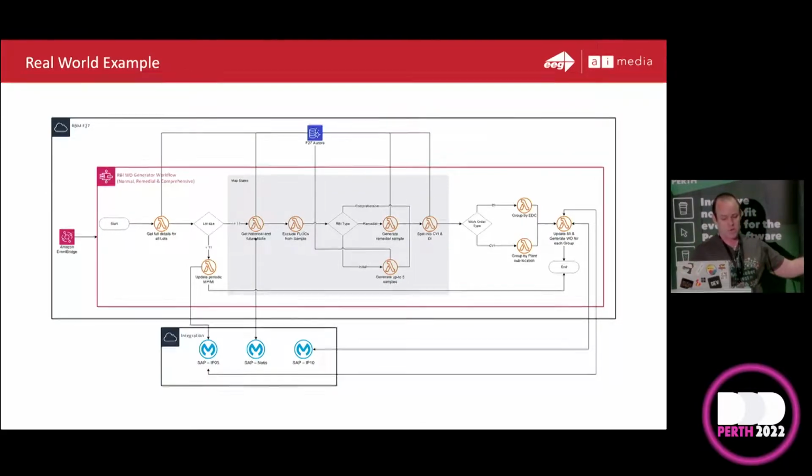Down the bottom, you've got external integrations with Mulesoft. That's as far as I went with this particular diagram. You could go further. The Mulesoft actually pointed at SAP. Whether that adds value or not is up to you. The one thing this doesn't include is people. That said, this system doesn't actually really have people in the process. It's a fully automated system. So perhaps not the best example, but I thought it would be interesting to include a more beefier example of what I'm trying to get across here.